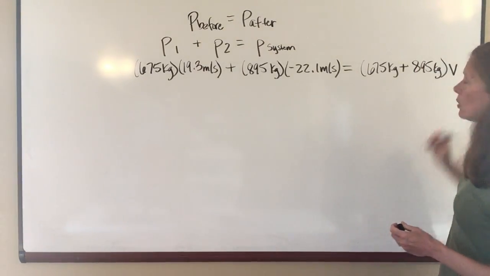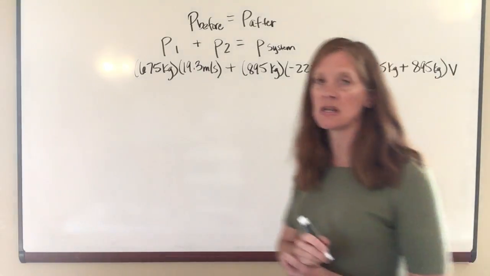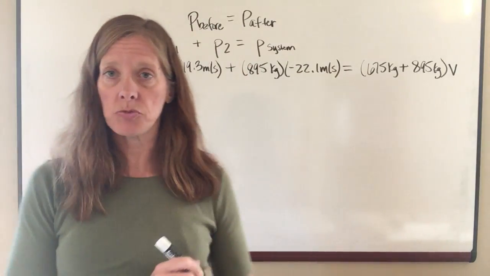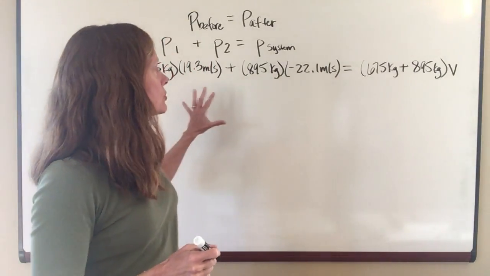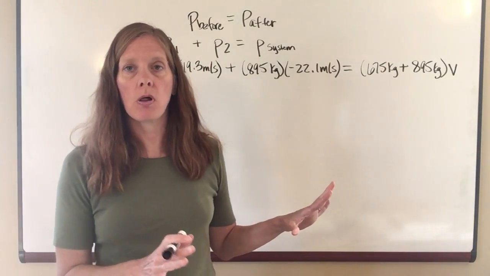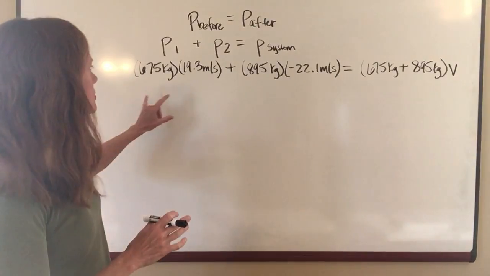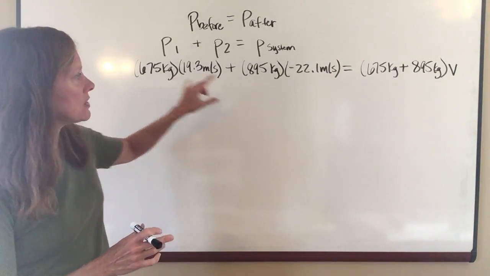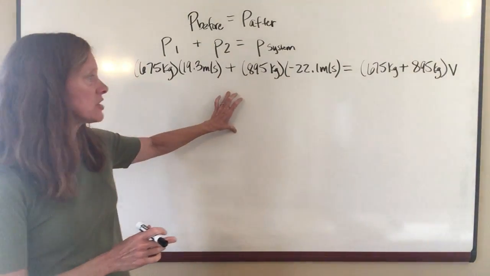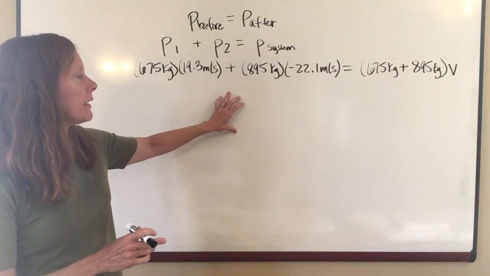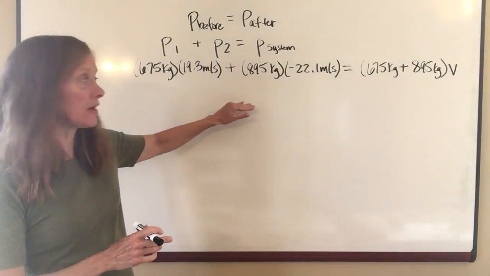And then the two of them together will have a velocity, and that final velocity is what I'm trying to find. Okay? Now, once again, I'm going to assume that you are perfectly capable of doing the algebra and solving this problem. Obviously, you're going to multiply these. You're going to multiply these. Watch your negative sign. You have to add them together, and then you're going to end up with a positive or